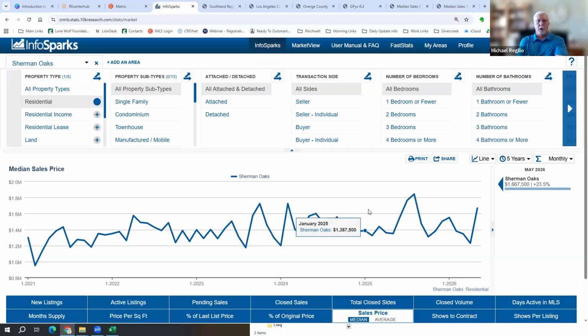It could be taking a one-bedroom condo in Sherman Oaks into consideration along with a 5,000 square foot brand new, totally redone house with a pool and a view and everything else. So that's kind of the why, my opinion,